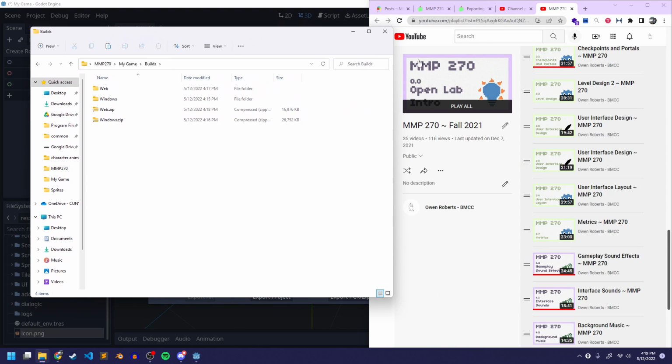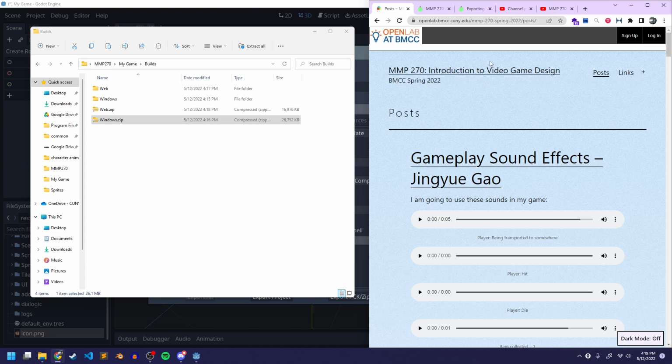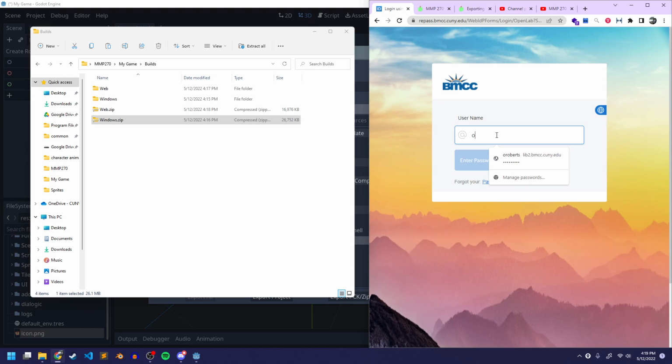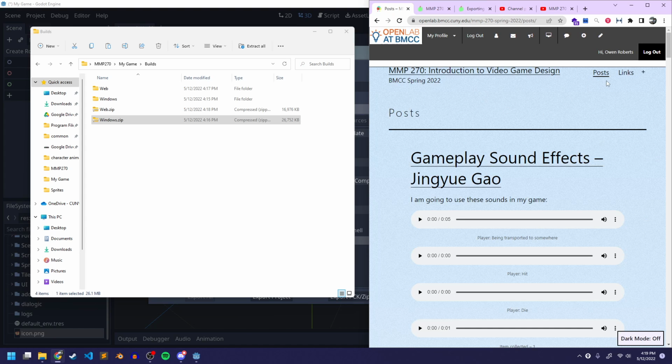Quick note, if for some reason you don't want to put them on itch.io, you just want to distribute the builds as is, you can do that. You could submit these as a file. There's a couple different ways you could do that. If you go to the Open Lab, let me log in real quick. So you can't upload files like this directly to WordPress, but the Open Lab does have, if I go to my profile,